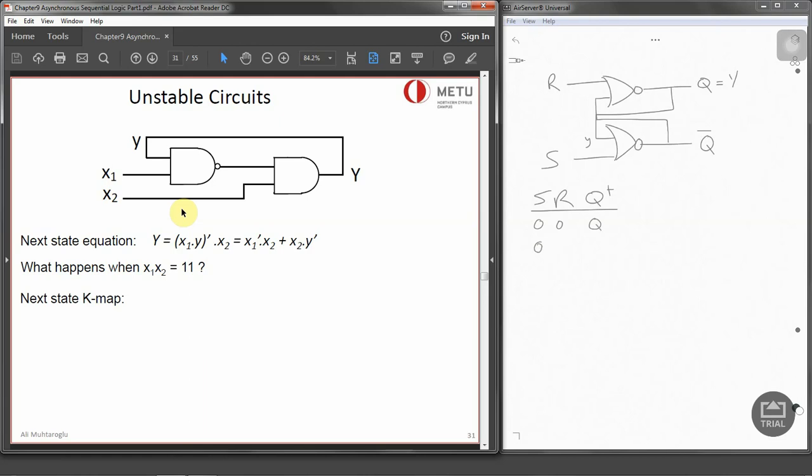When it is 0, 1, we are resetting, so it's 0. When it is 1, 0, we are setting. And when it is 1, 1, it's undefined. It's not a valid state. If we want to write an expression for it, we can say that y is equal to s plus y